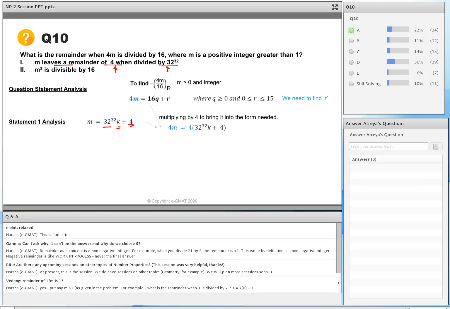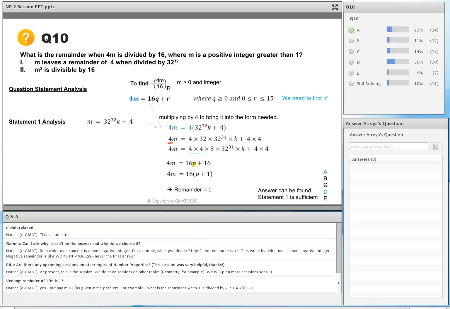Now I don't have anything to do with m. I have to do this with 4m, right? So what would be the value of 4m? The value of 4m would be this entire expression times 4, right? So that's 4 times 32 to the power 32 times k plus 4. If you simplify this further, I can write 4m as 4 times 32 times 32 to the power 31 times